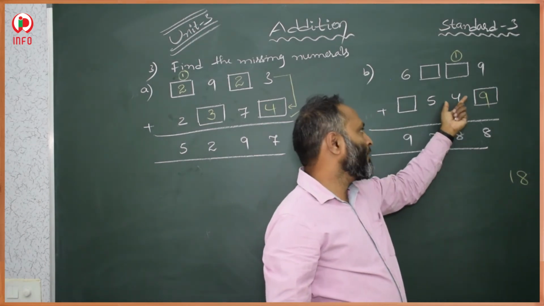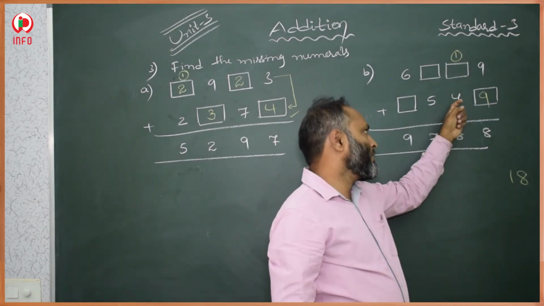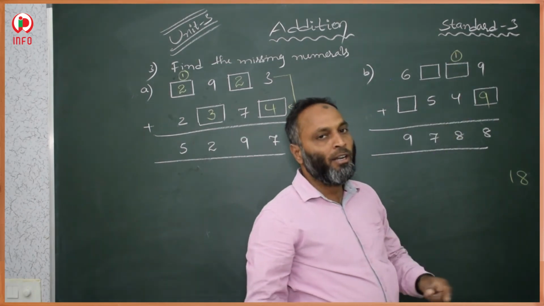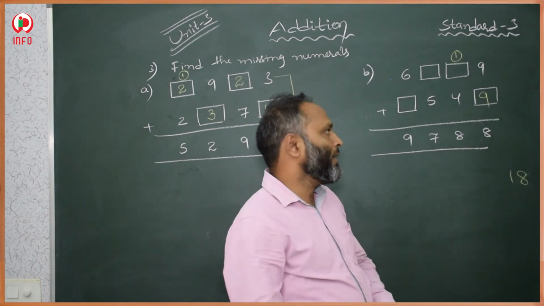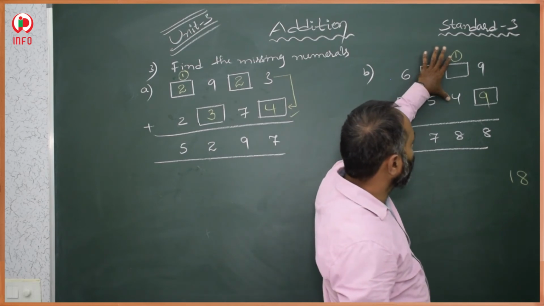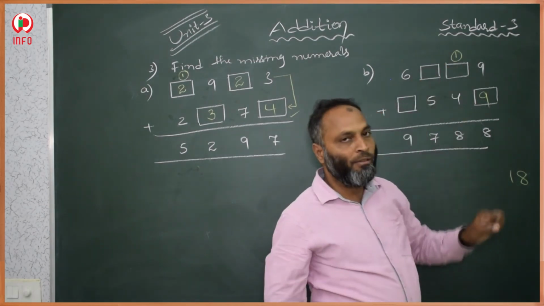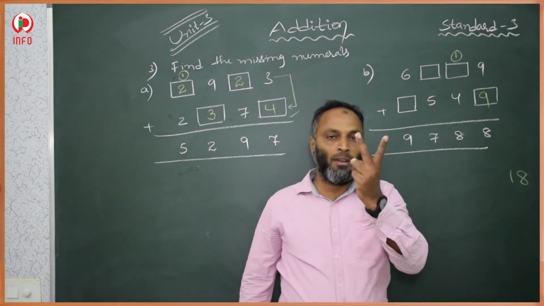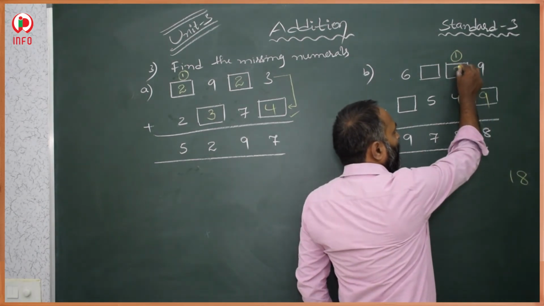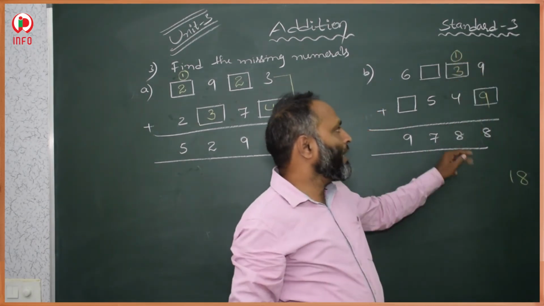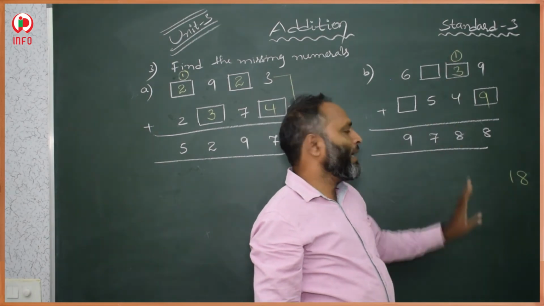This is 8 only. Why? Because the 4 is less than 8 and 1 is also less than 8. If these two are less than this sum, no need to take 18, 28 like that. This is 8 only. 4 plus 1, 5. This 5, what we should add to get 8? 5, 6, 7 and 8. 3, we should add 3. Then we will get 8. 4 plus 3, 7, 7 plus 1, 8.